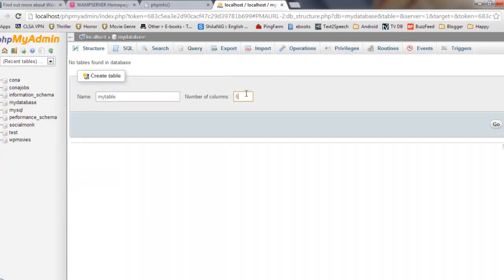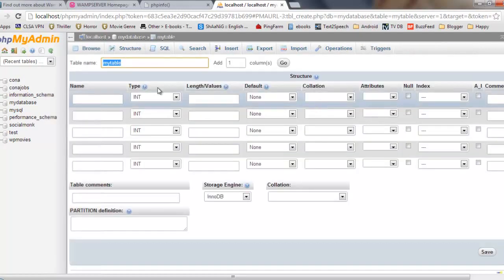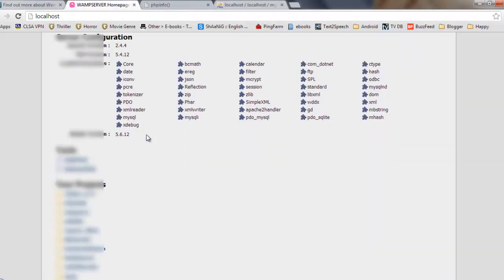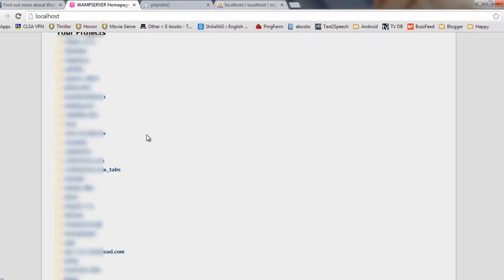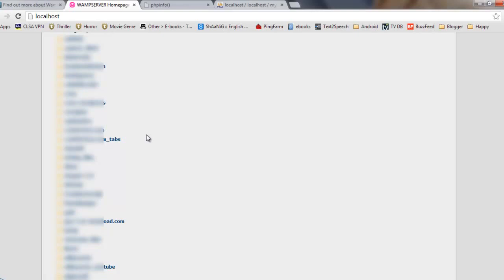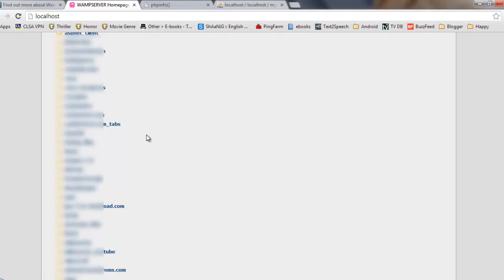Now you need to create the table. It's very simple if you are already aware of the basics of any database. MySQL is very fast, and the best thing is it is free, open source, so you can use it commercially as well.